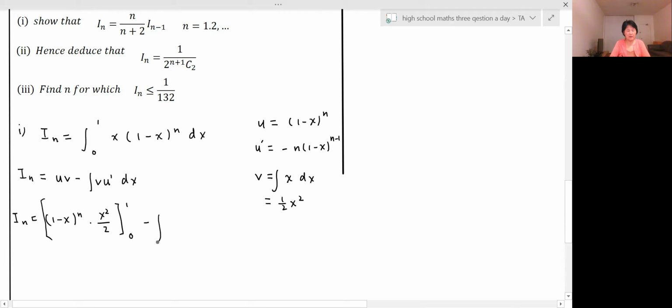Then minus the integral of v, which is a half x squared, times u', which is minus n (1 - x)^(n-1) dx. Okay, then equal to,